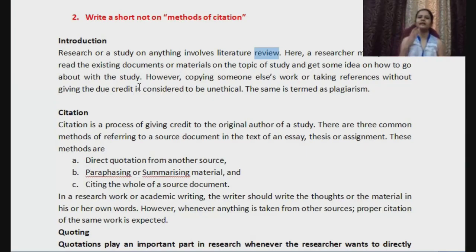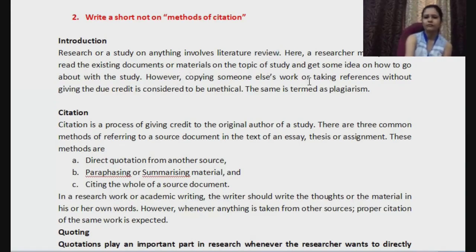If suddenly from your college they would have told you, okay, fine, tomorrow you write something on obiter dictum and submit it, and you have not even heard this word obiter dictum ever in your life, you cannot simply write that. You would need to refer some books, some documents, then only you would be able to write. So that is called literature review, where you read existing documents, books or materials which someone has already prepared, and then you get some idea on what is obiter dictum all about. Then you can proceed with your answer or assignment accordingly.